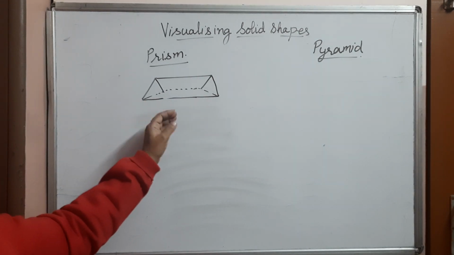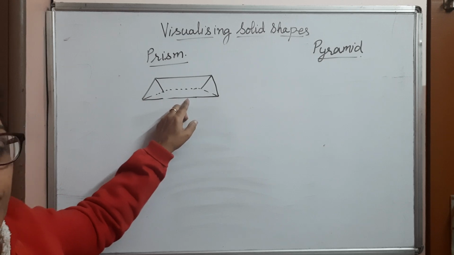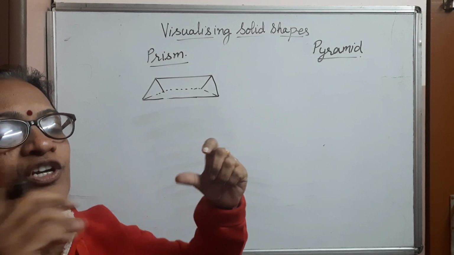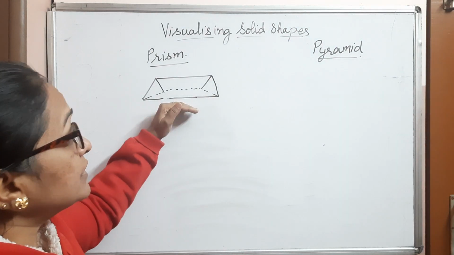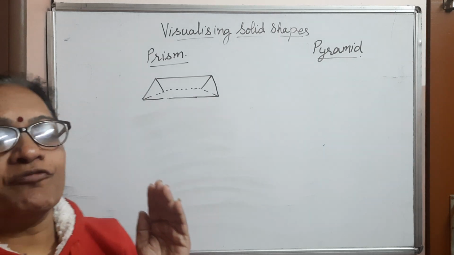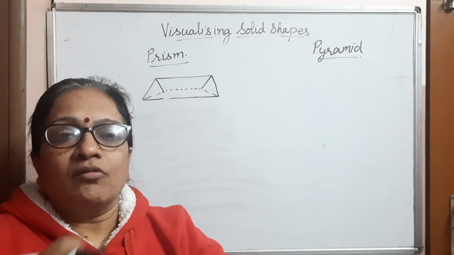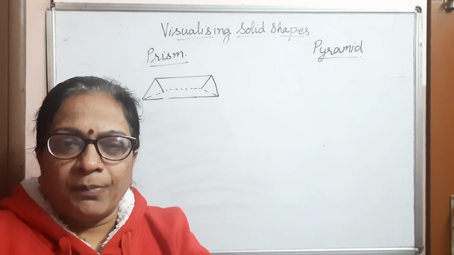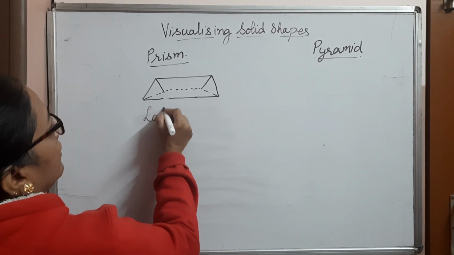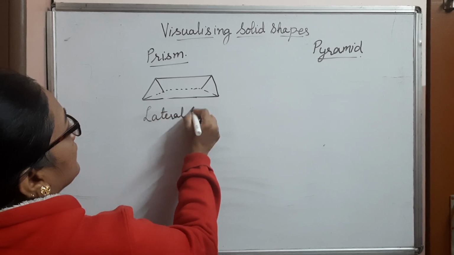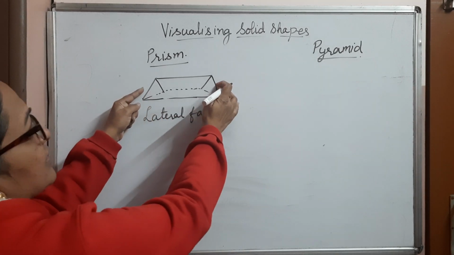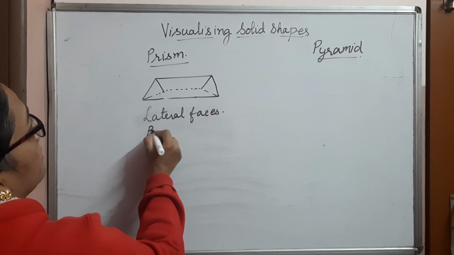That means when you are talking about a prism, you must have seen a kaleidoscope or a paperweight in the shape of a prism. So these are known as prisms, and in this case, the faces which are visible on the bottom and the top are known as the lateral faces, and these two side faces are known as the bases.